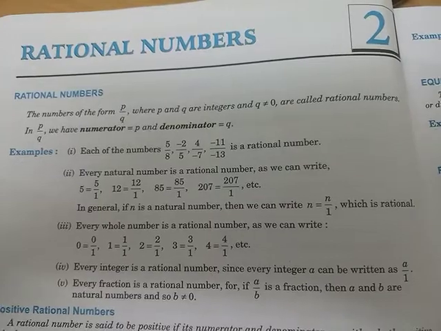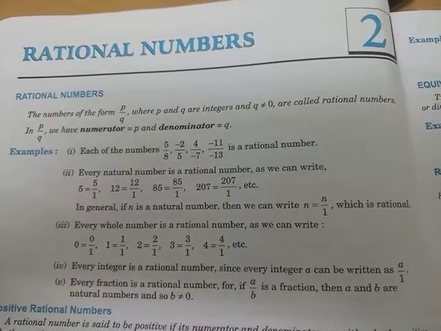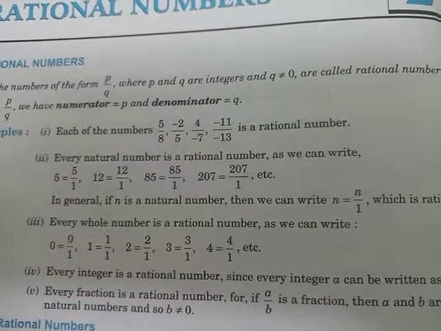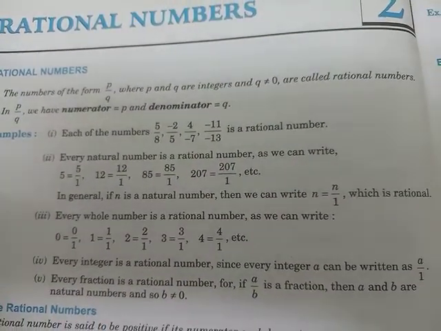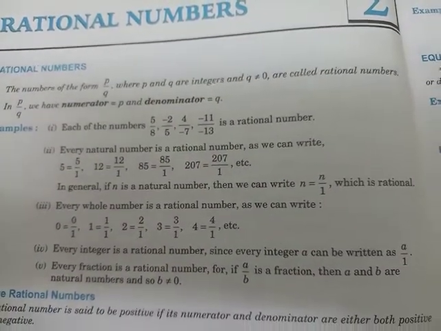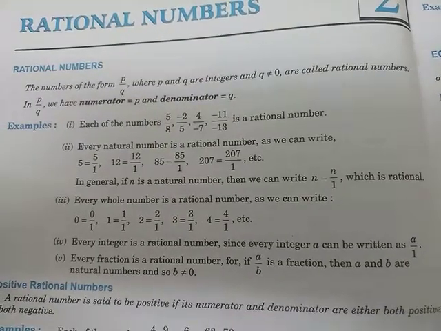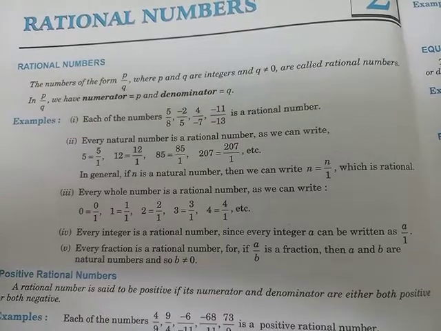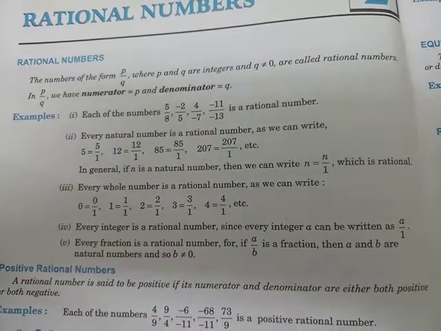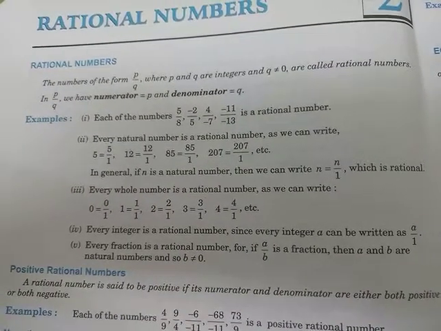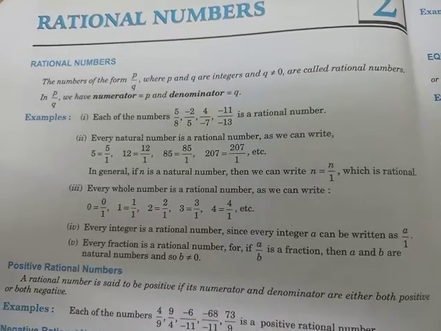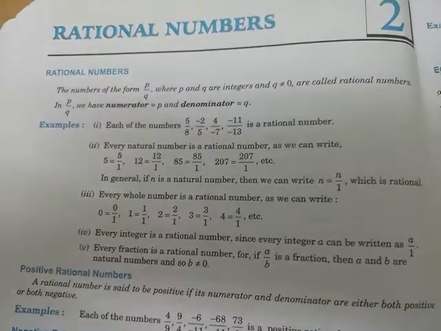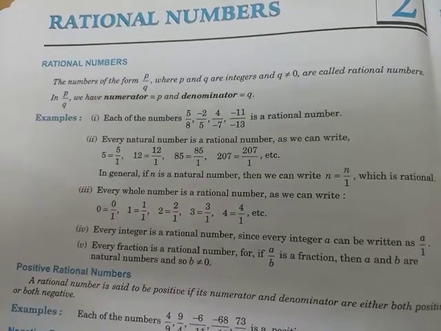In mathematics class, today I start with the chapter rational numbers. What are rational numbers? See, the word rational number has come from the word ratio. A ratio comprises two parts, that is the antecedent and the consequent. We can also write the ratio in the fraction form, that is numerator upon denominator.